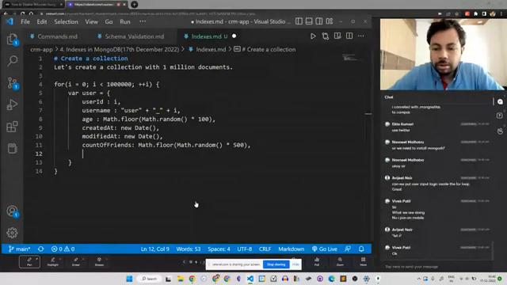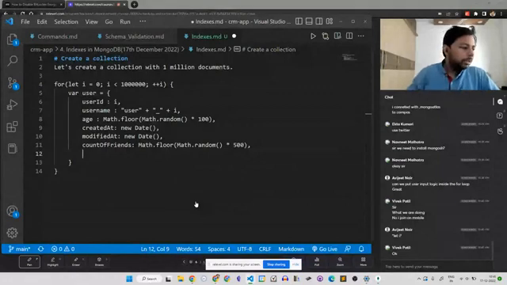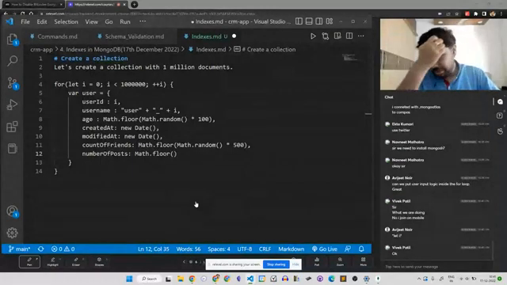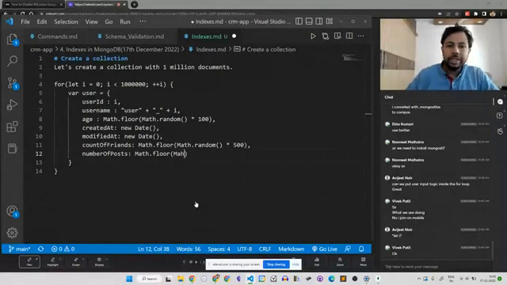I'm creating, no, I don't think you need a lati, but if you are saying, I'll just write it as lati. That should be okay. And then number of posts is math.float. This is the user object that I'm creating. This is a random user that I'm creating, and I'm going to create 1 million of those, random times 2000,